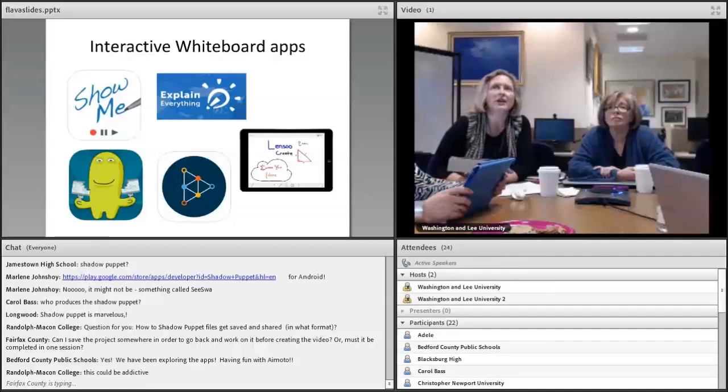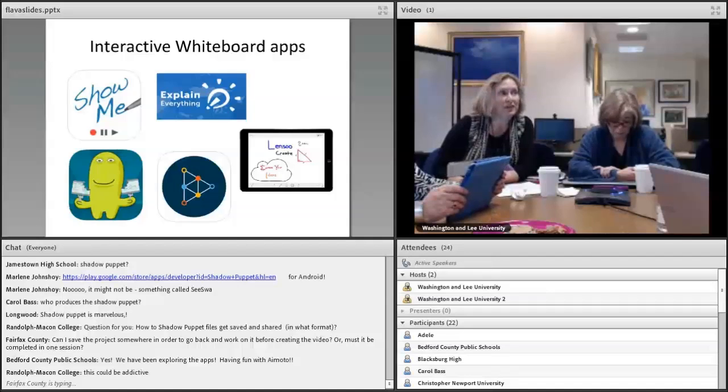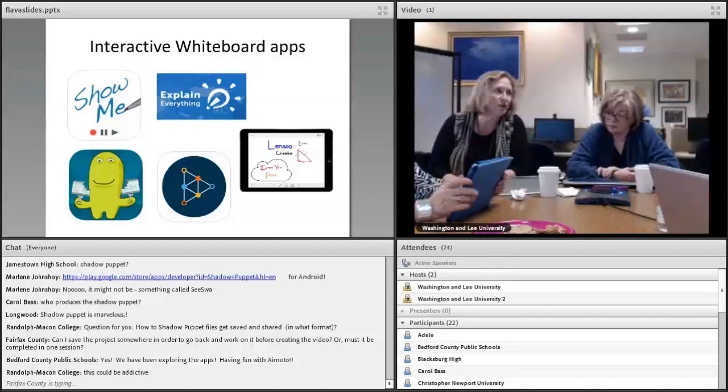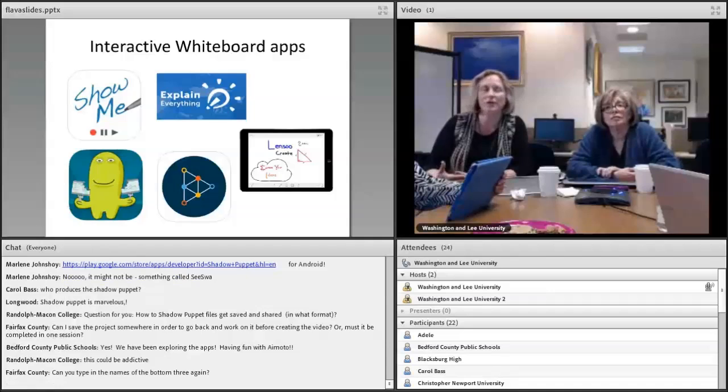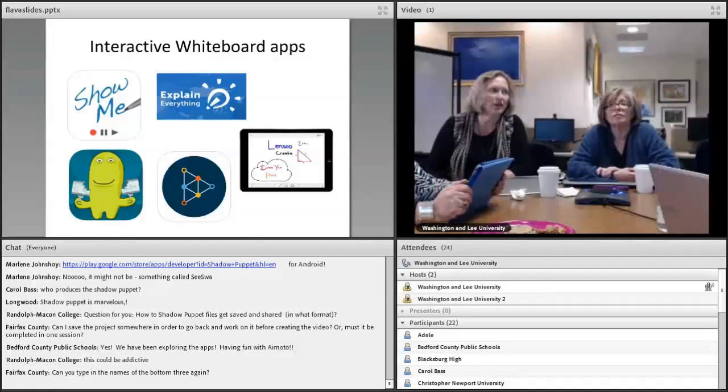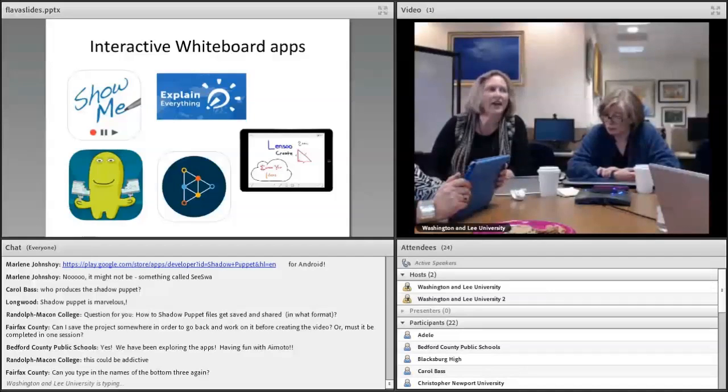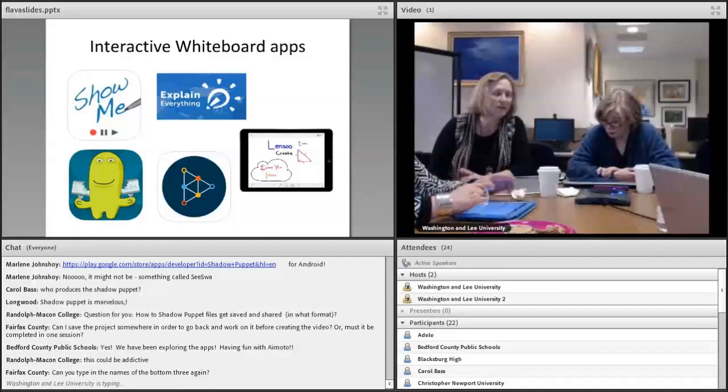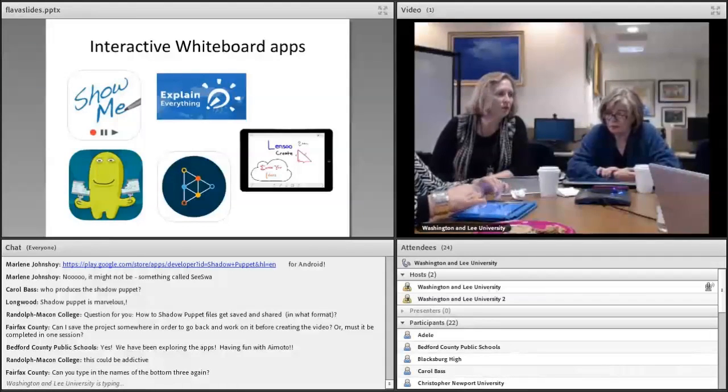So we'd like for you to play around with one of these now for a few minutes. It's a little different from Shadow Puppet because it's not purely image-based. Some of them you can import an image to the background. Like I said, EduCreations, Explain Everything. Those are the more complex of the tools that allow you to do that. But think about what you can annotate. Again, recording your voice to go with the content. And try these out. Pick one and try it out for a few minutes and see what you can come up with.